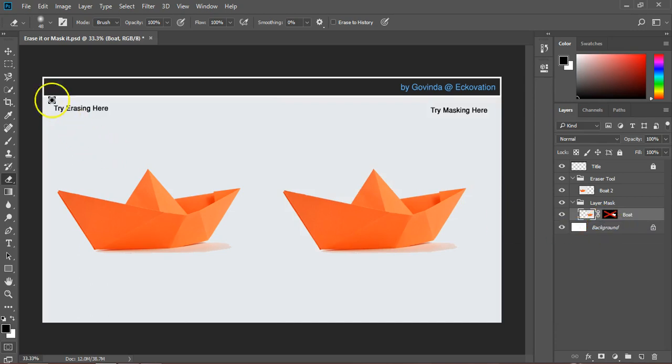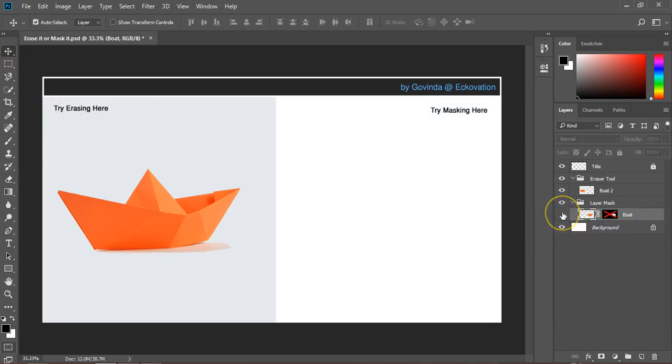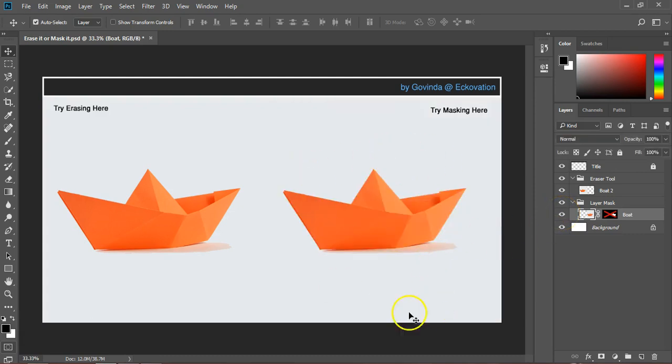This will put a cross over the thumbnail, which indicates that it disables any effect it created over the canvas, and hence you can see now the grayish background behind the right hand side boat. And if you click back again on the mask thumbnail, the background is gone, meaning the effect is enabled now. In this technique, we are not destroying any pixel data, so you would be able to change or apply more design ideas if you desire so.